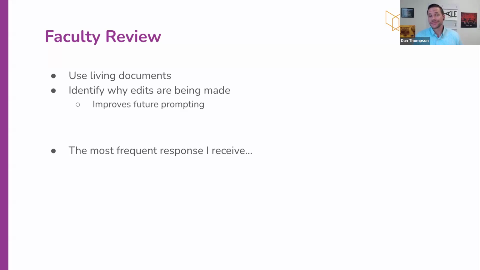This started out 2 years ago as being a process where I would collaborate with faculty. A lot of times I'd come back and have to rewrite a prompt because they would say things were way off. Other times I would come back and I'd have a document back from faculty that would have highlight or red marks or however they wanted to edit, and it was edited up quite a bit.